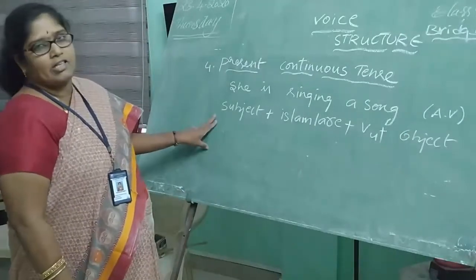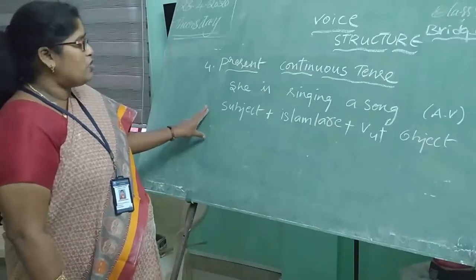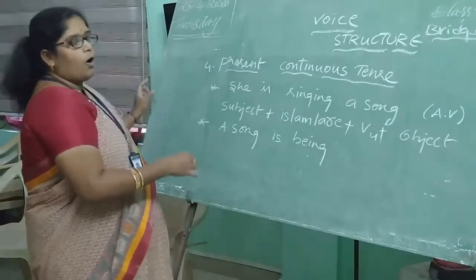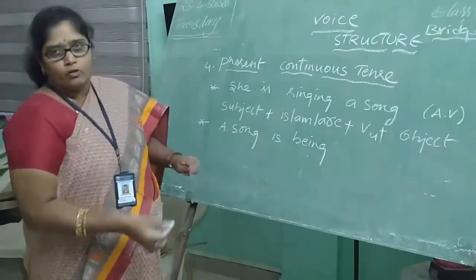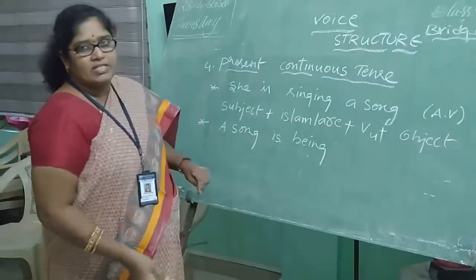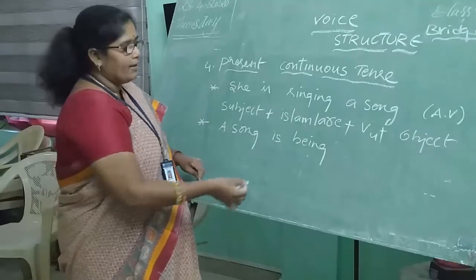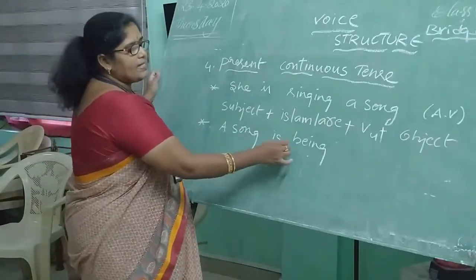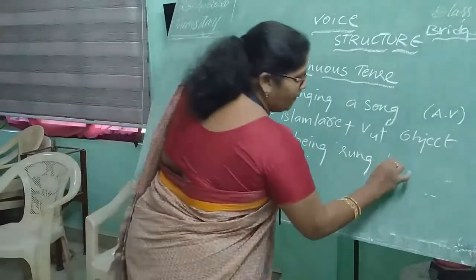So this is the structure of present continuous tense, children. Now let me change it into passive voice. A song is being. Whenever you find a continuous tense, as per the rules, being should be used. As we have singing, is singing, so I am using being, children. A song is being V3, sung, preposition by,